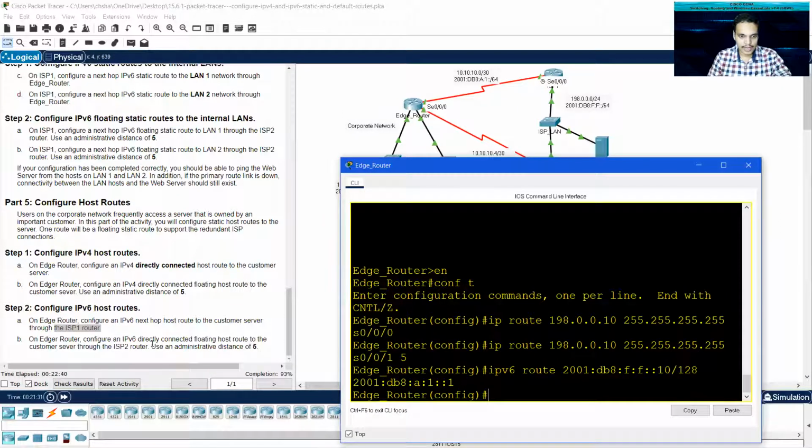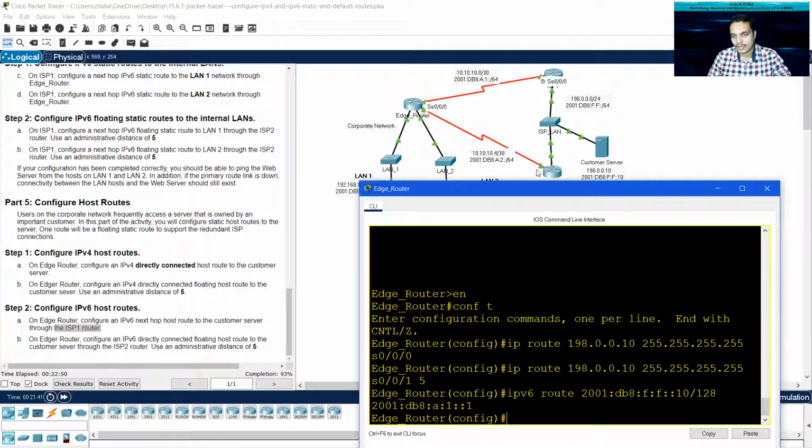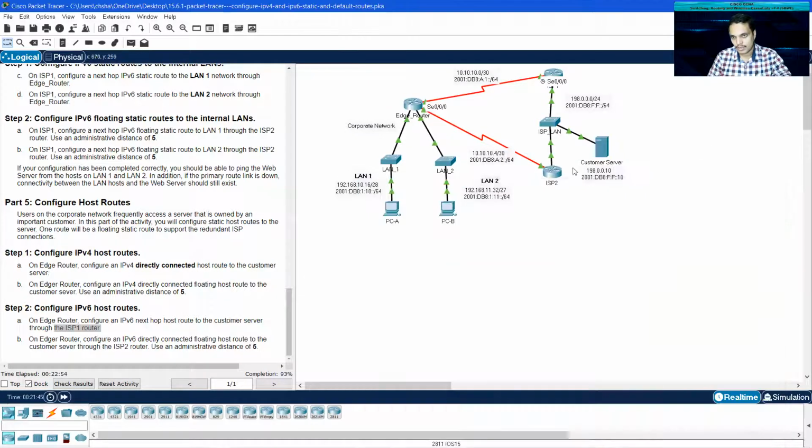Now there is another one. It is asking me to create a floating host route also, but it should go through the ISP2 router, using an administrative distance of 5. So in that case, I need to mention this interface's IPv6 address. What is this interface? S0/0/1 of ISP2. You can see it here.